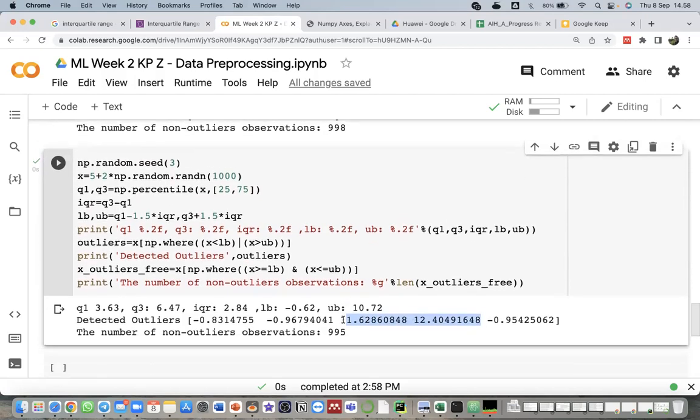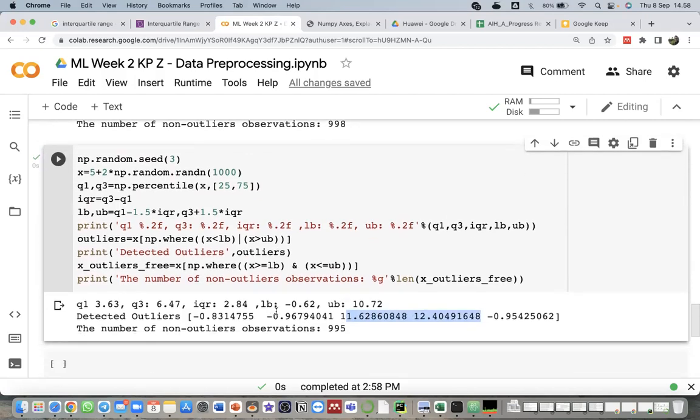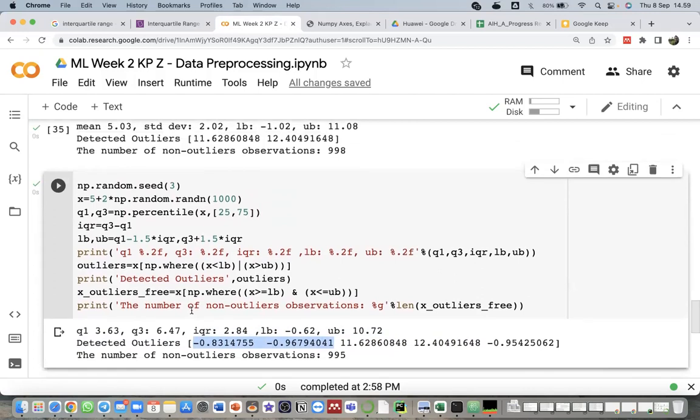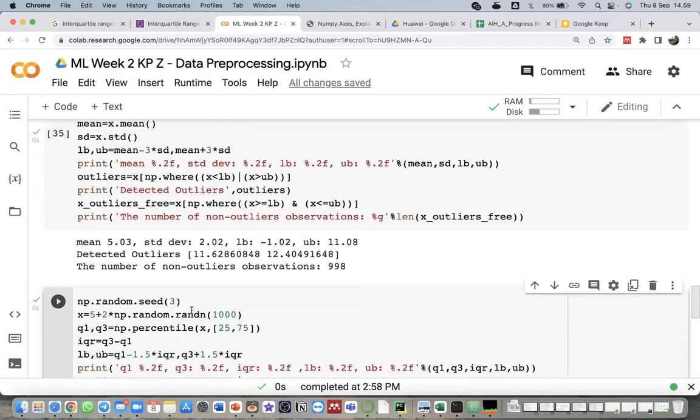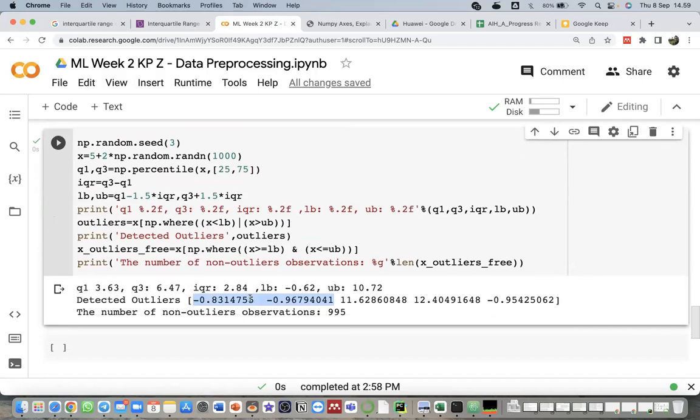But actually, we have other outliers if we use the IQR method: minus 0.83 something, minus 0.96 something and minus 0.95 something. They are considered outliers with the IQR range, but not with the standard deviation. I don't know which one is more accurate; it depends on the data that we have.